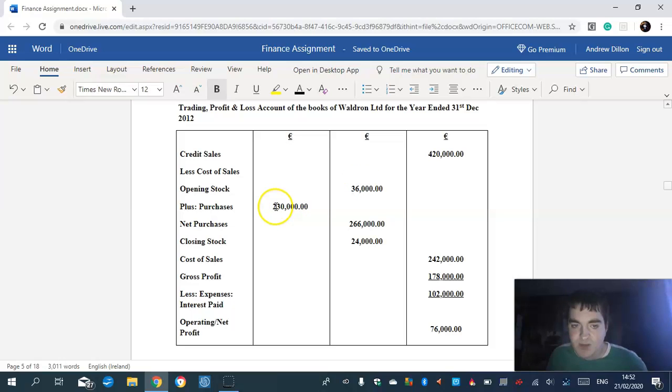My purchases figure, which was missing, I found it: €230,000. My net purchases is €266,000, and then I have to minus from that the closing stock, which is €24,000, and then I get €242,000. So I have to minus this from the credit sales. My answer will be